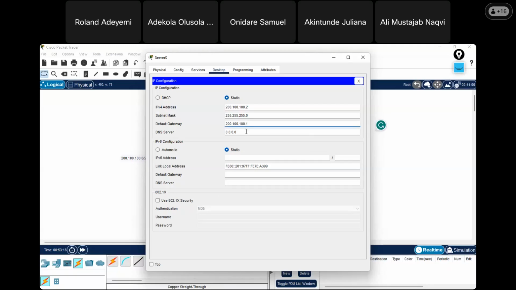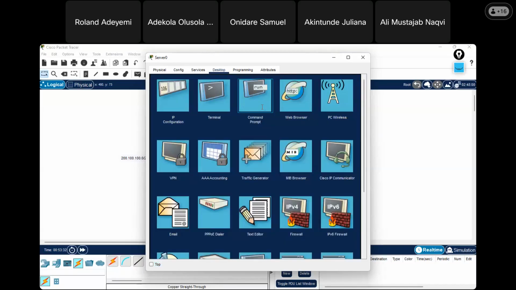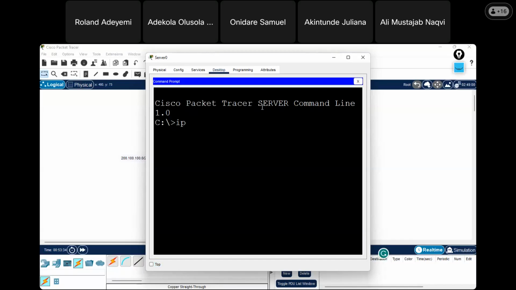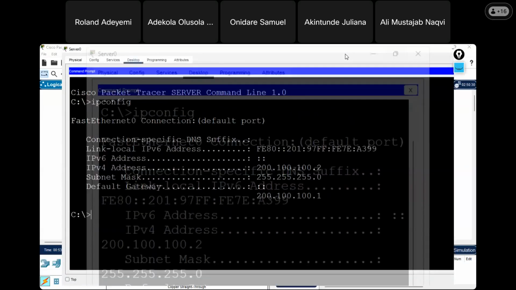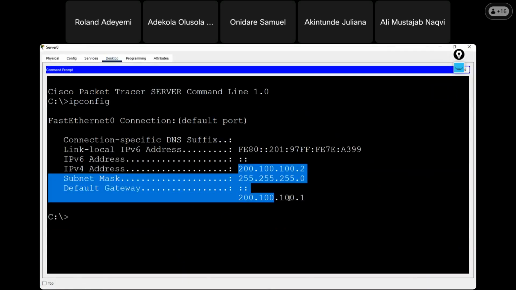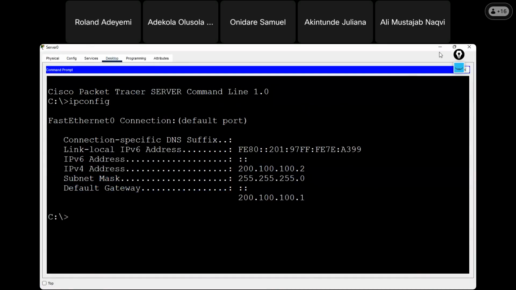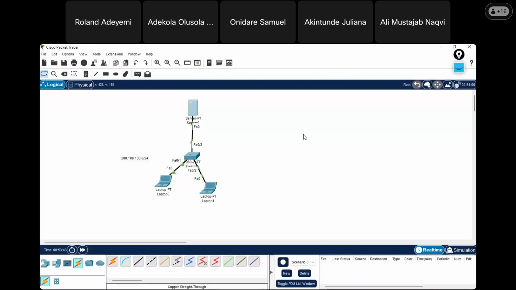We don't have a gateway now, but we are going to bring in a gateway later. For DNS, let's say 4.2.2.2. Let's be sure that this server has accepted this IP address. Okay, so you got the IP address. Well, good. Now, this particular server has been given its IP address manually, or statically,